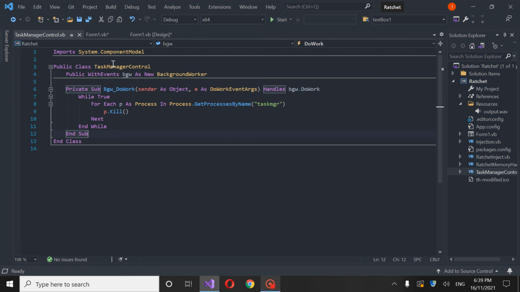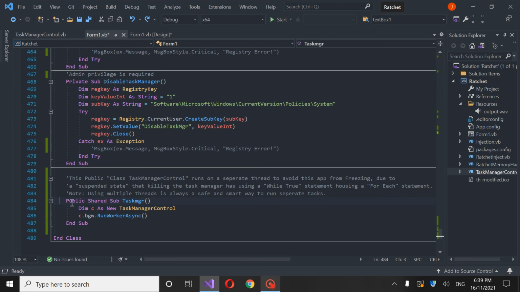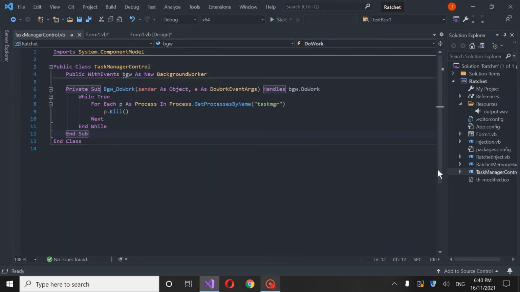But I found using this that it prevented my program from freezing, which is good, because when you disable Task Manager and then your program freezes up, it doesn't usually spell out good things. But this is just complementing this. And moving forward,